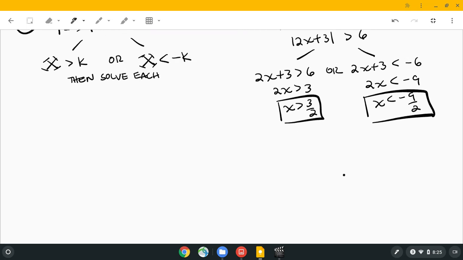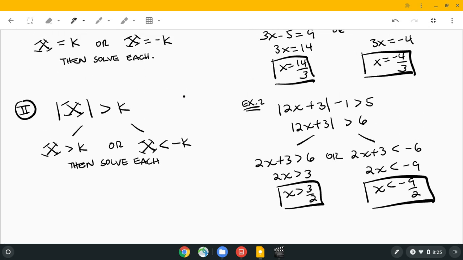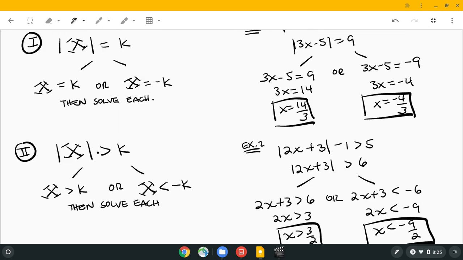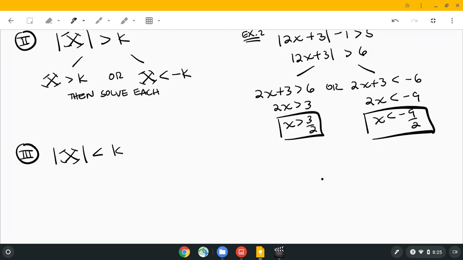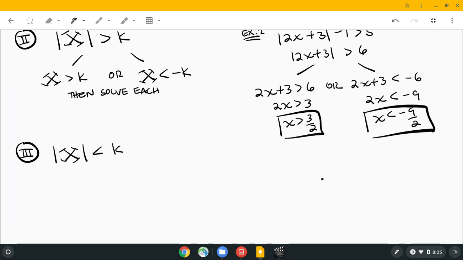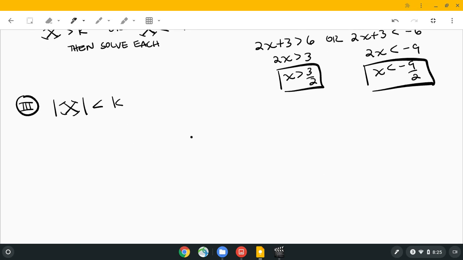All right, let's do the third scenario, the less than case. So we have the equals case, the greater than case, and now the less than case. All right, so if you have absolute value of something is less than k,